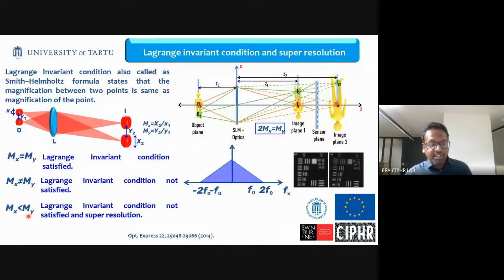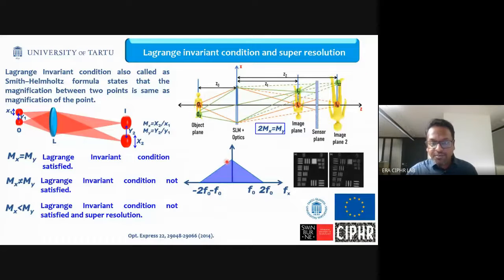When my exceeds mx, then it seems that the spacing between the 2 points is more than the magnification of the single point. Then we can call that super resolution. So this kind of super resolution is completely different from the usual super resolution microscopes. Let us take structured illumination. Let us take STORM. All these methods don't exhibit nonlinear super resolution, but only Finch, or an incoherent imaging system in this configuration, exhibits nonlinear super resolution.